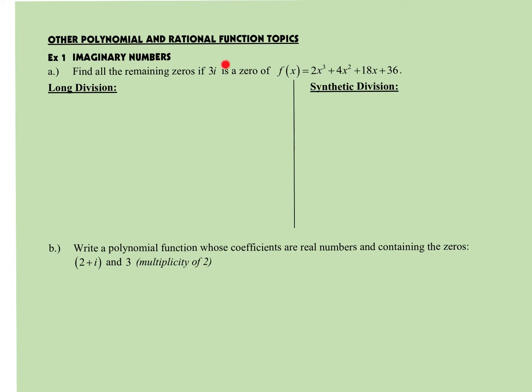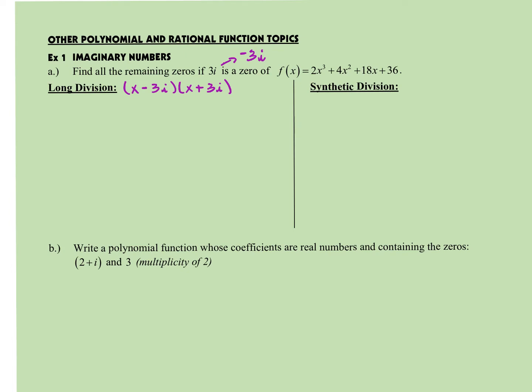Okay. If we give you a zero that's imaginary that we're starting you off with, you first need to recognize that our imaginary zeros always come in pairs. So if 3i is a zero, then so is negative 3i, okay? Now, if we're going to do long division, you're going to take each of those imaginary numbers and write them in essentially a factored form, okay? So we're going to say x minus 3i, and we're going to say x plus 3i,